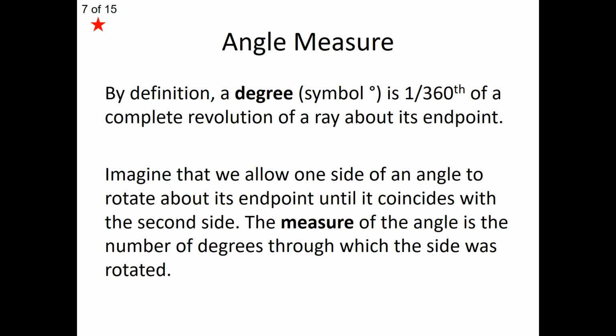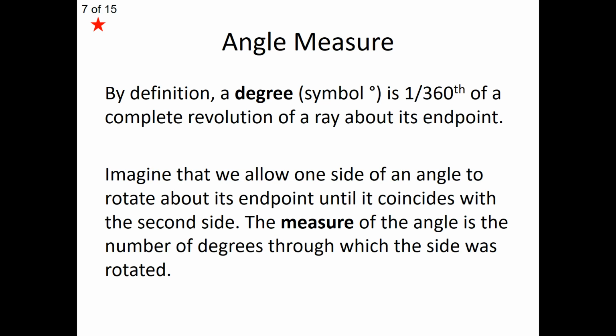Imagine taking a full sweep, meaning we take a ray and we sweep it all the way around itself, from its endpoint back to where it started. We make one full revolution around. We want to chop that entire revolution up into 360 little slices, little tiny bits of that revolution. If we were to take one of those slices, we call that a degree. So a degree is really 1 out of 360 of a full revolution around the endpoint,